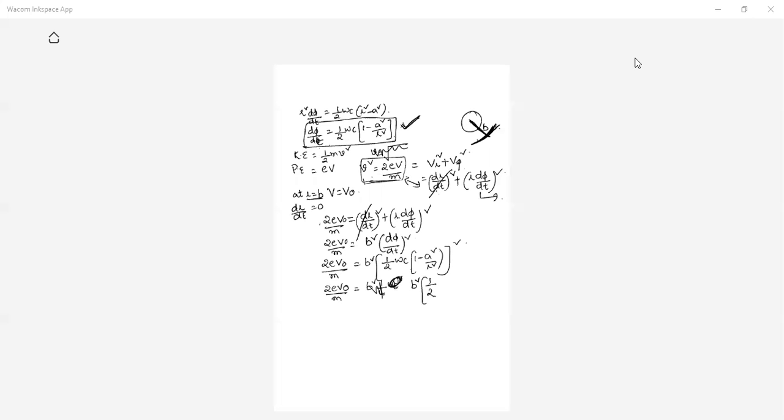What is ω²? Initially we wrote ω² is equal to e by m into Bz. So this one you have to remember. So now instead of ωc, I'll write e by m into Bz into (1 − a²/r²) whole square. So this can be written as eV0 by mB² into 1 by 4 e² by m² Bz² into (1 − a²/b²) whole square.